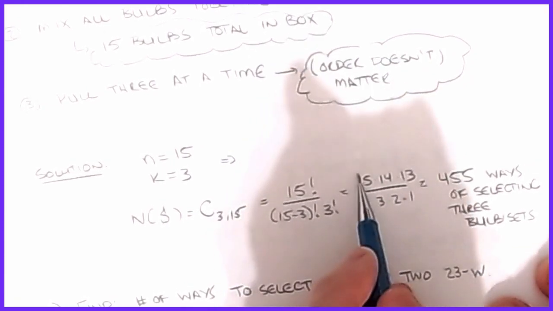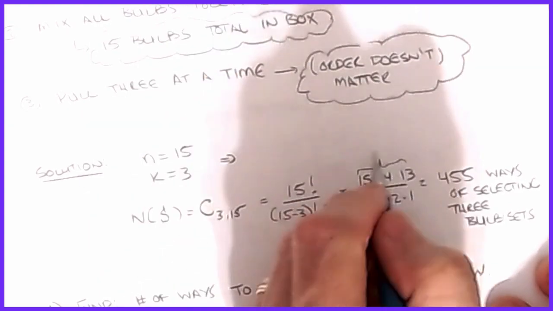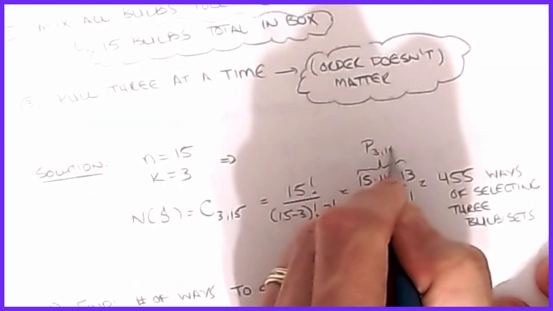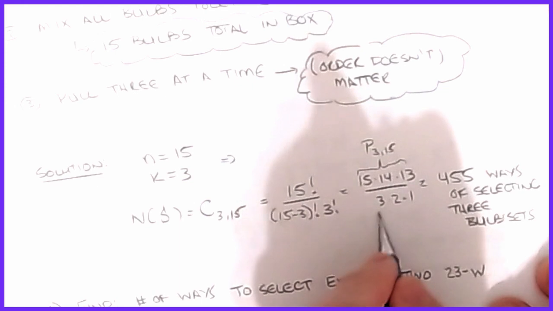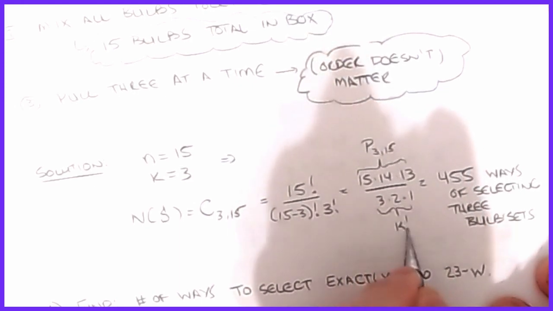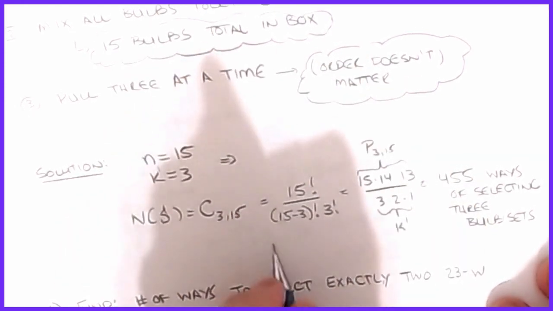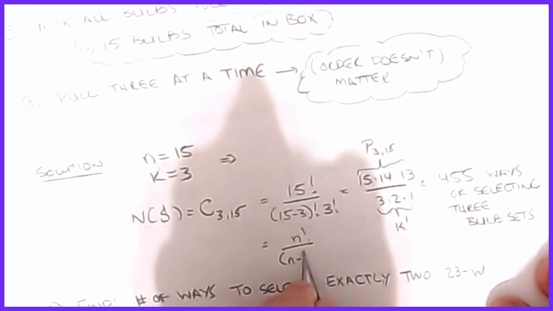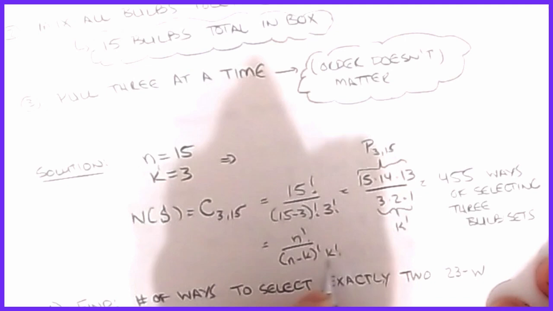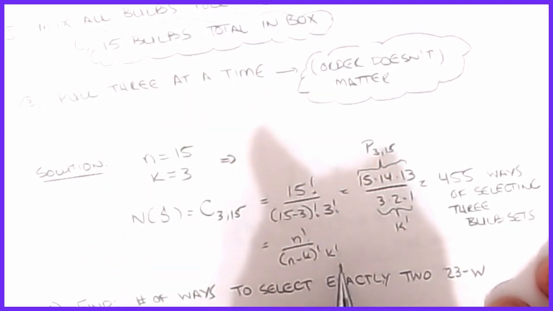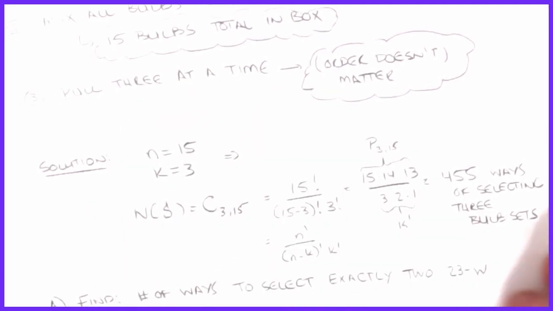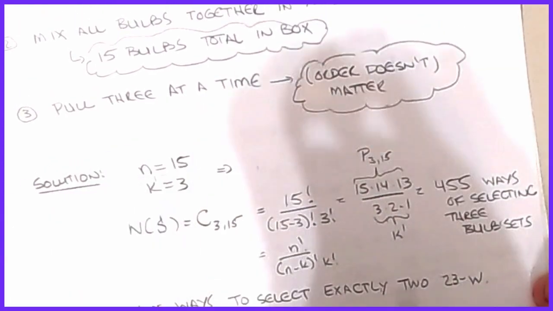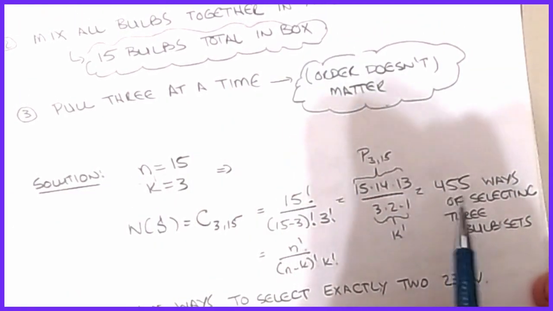The top part, if you'll remember, is my permutation of 3 on 15, and then I have this k factorial portion down here. The formula we're looking at is n factorial over n minus k factorial over k factorial, and that last term accounted for repetition. If I shake it out and trust our calculator, we've got 455